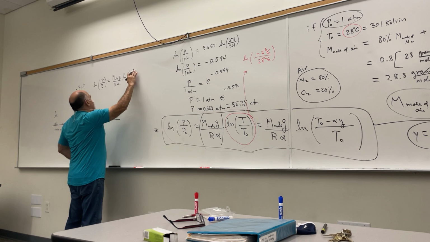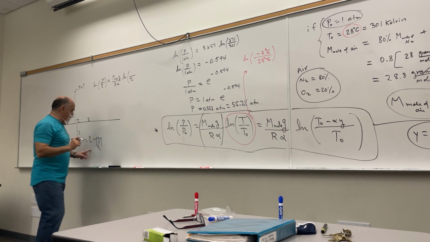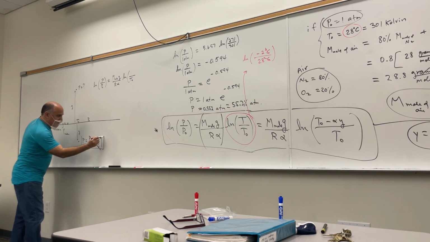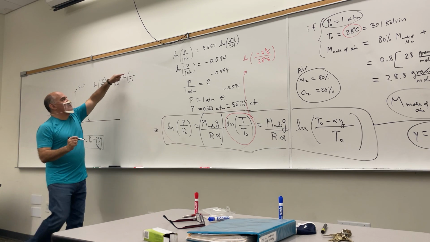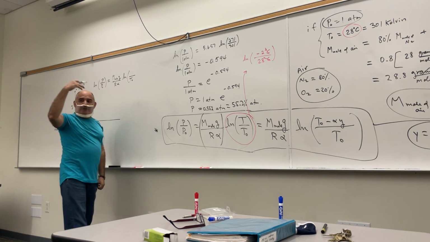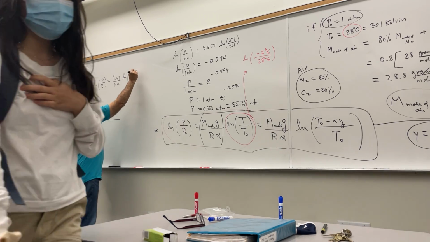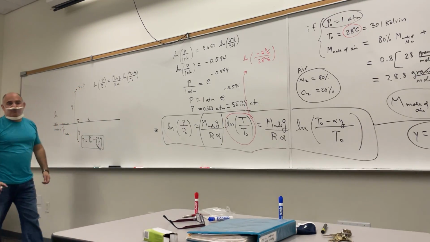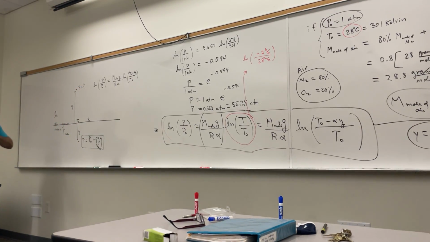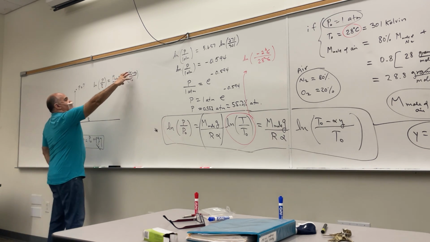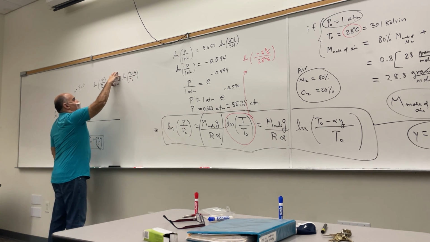Now, you want it in terms of Y, right? Just like we have this one in terms of Y. So just replace the temperature here by what the temperature would be at that given height. That would be T naught minus alpha Y. That's the expression to use. Right? Did I leave anything out? So you do this, take the natural log, multiply by that, right? And then E to all of that is going to be